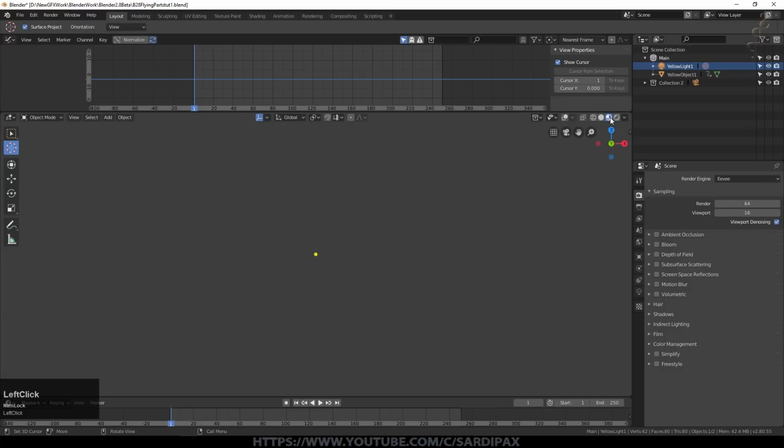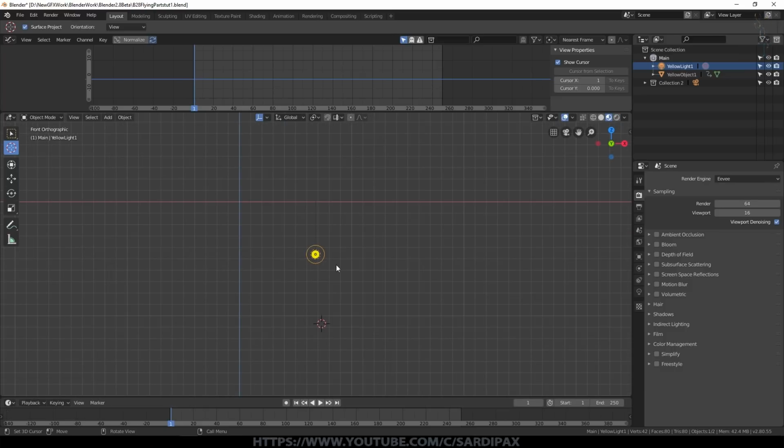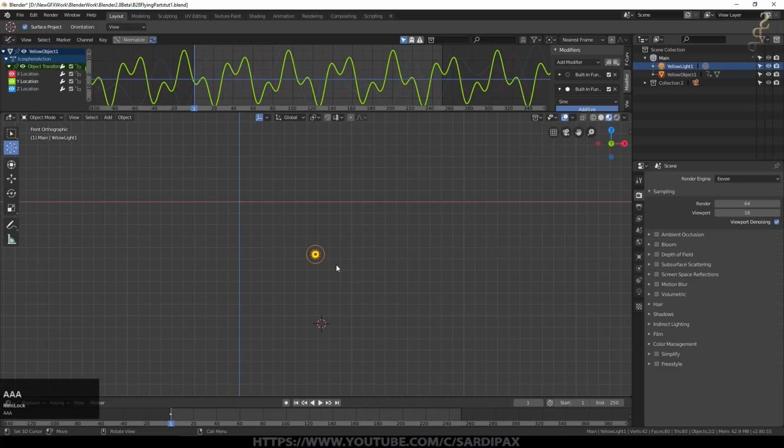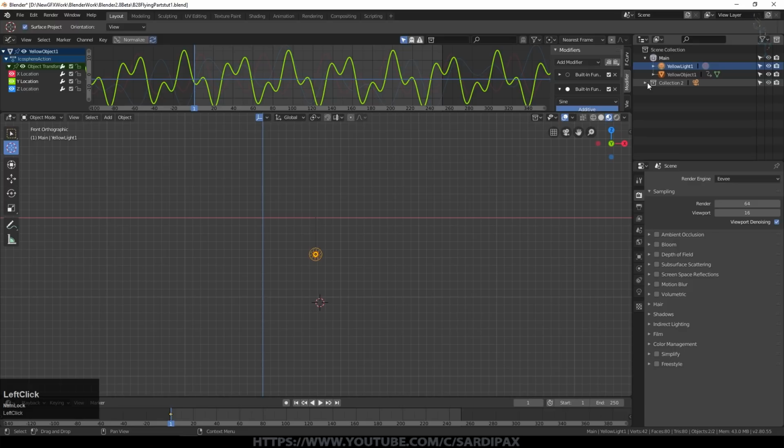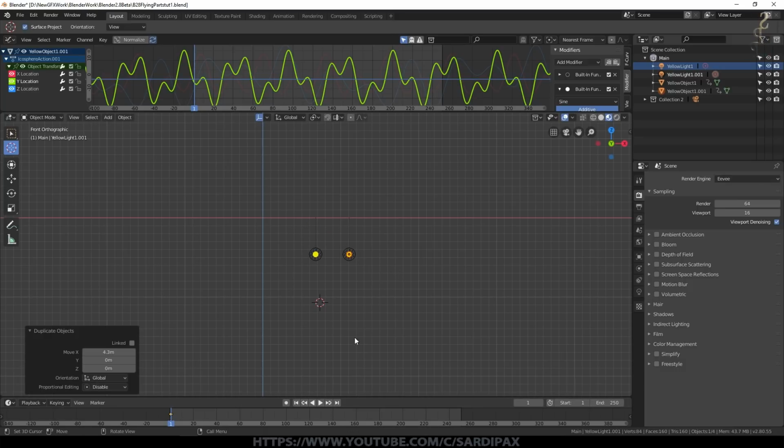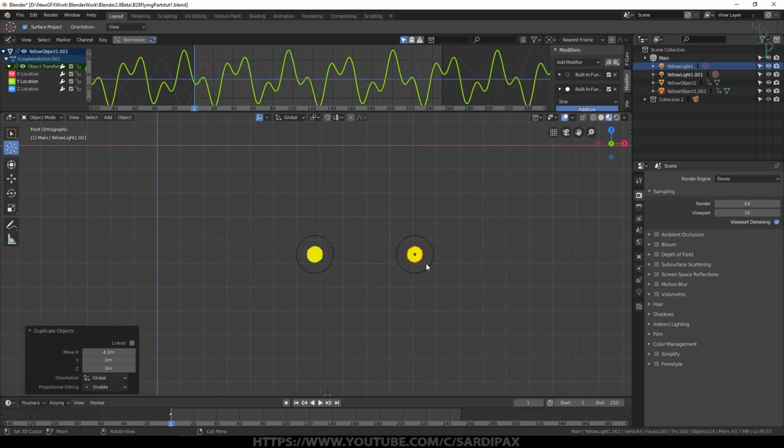Let's go back to material view, turn our overlay back on, go to the beginning of the time frame, press A to select everything, double A if you want to unselect first. Just making sure my camera isn't selected, but it's turned off at the moment. It's in collection 2. Shift D to copy it and just put the copy over here. Don't move the timeline yet because this will jump back to the same position as the other one, and then it won't be so easy to select.